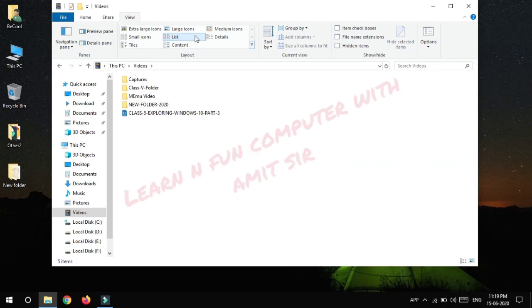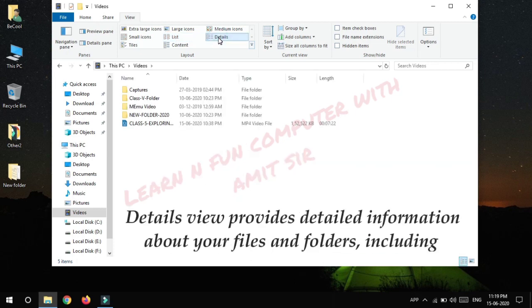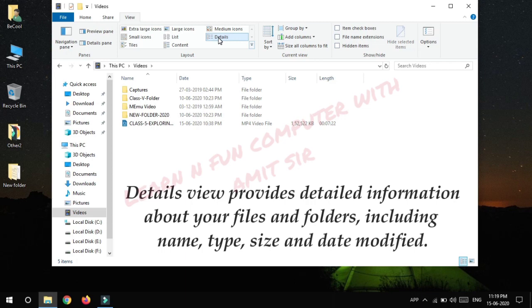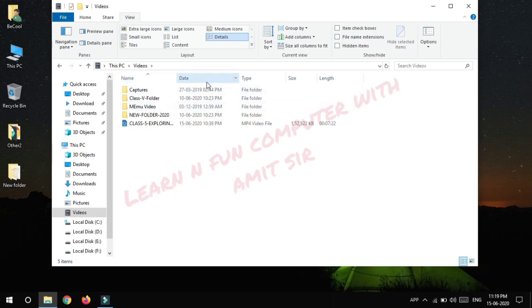The next option is Details view. The Details view provides detailed information about your files and folders. You can see in Details view you can get the name of the file, the date when the file was modified.